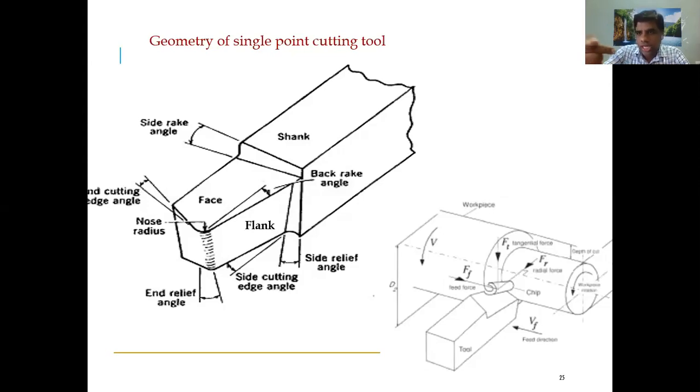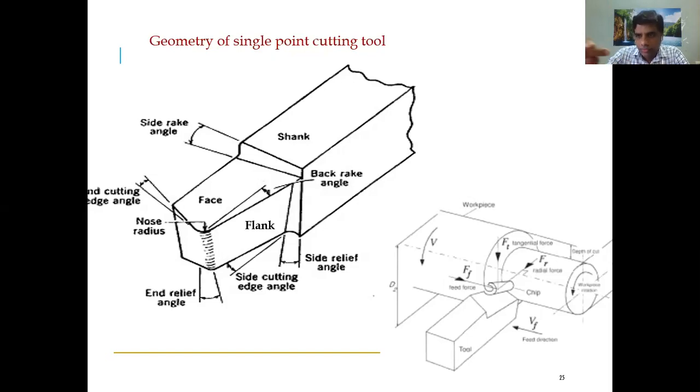So whenever the force is acting in an inclined direction, you see here it has a tip, which means the surface area of this is very small. Maybe it is in microns or even less than a micron, right? So if some force is acting on that particular point, what happens? Stress increases drastically because of the small surface area, even though the force is the same. Stress is nothing but force by area. So stress increases if you increase the force, and stress increases if you reduce the cross-sectional area.